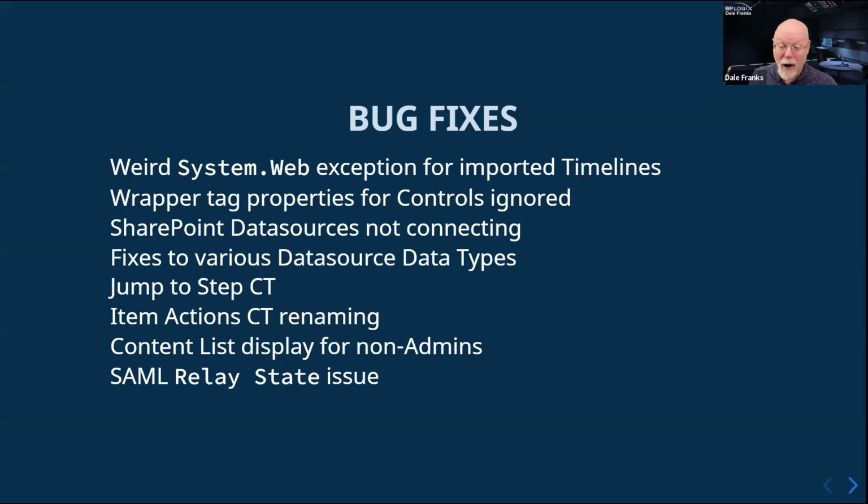Now, for everyone, the item action CT is important, and the item action CT was not renaming objects properly. It was basically due to the reference. So let me give you an example. I have a form that I submit. Then my process timeline copies the form to a new form. And well, there's a couple of things that are going on. If I rename that new form, it's not getting renamed. If I drop in an attachment and I try to rename the attachment, it wasn't getting renamed either.